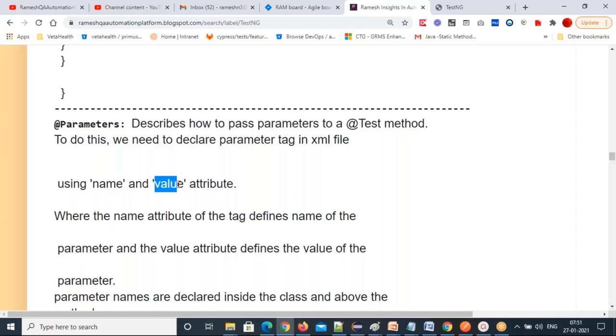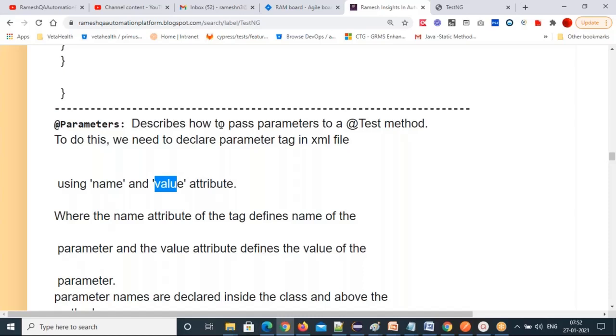I told you XML means customized tags can be created. HTML means fixed tags: input tag, select tag, div, a tag, img tag, button tag, right? li tag, ul tag. These are the tags in HTML, fixed tags. But in XML, it's not like that. You can create your own tags. That's how XML allows us to create our customized tags.